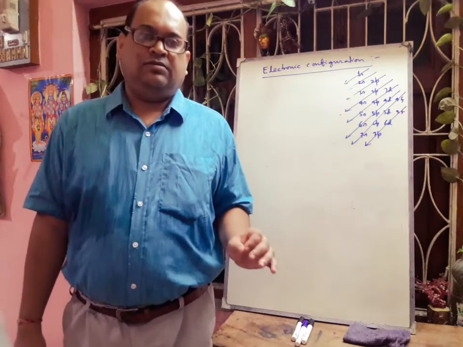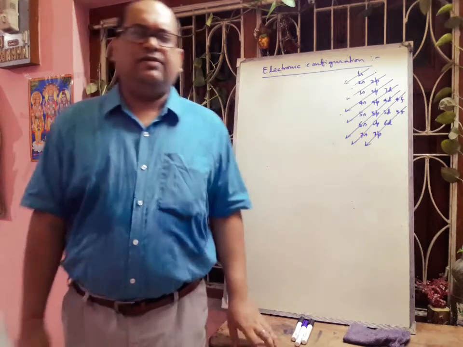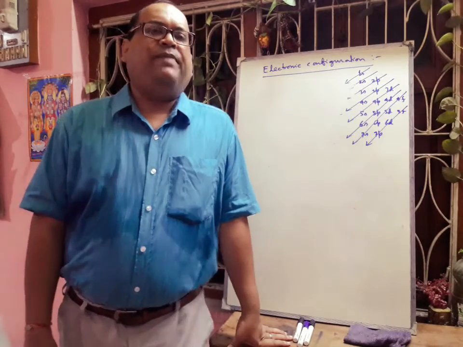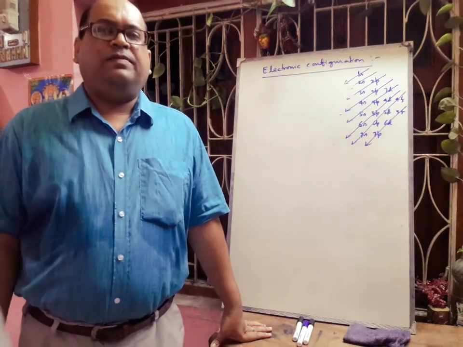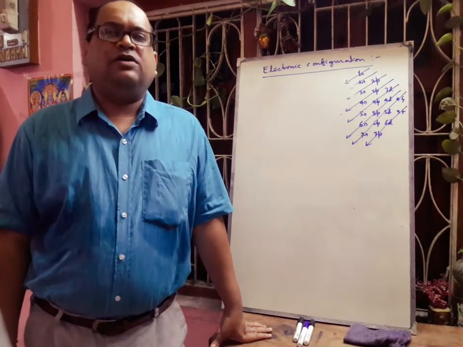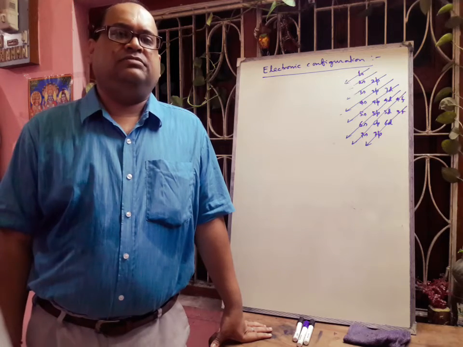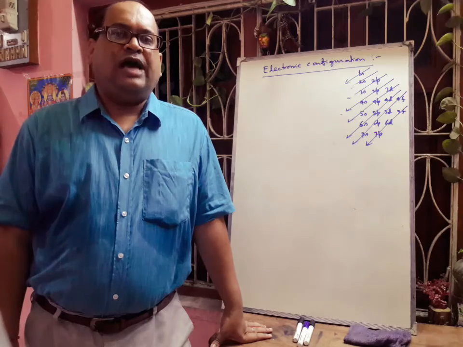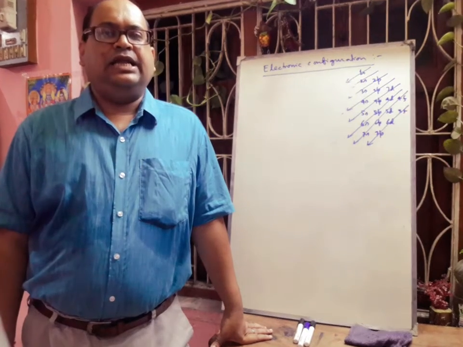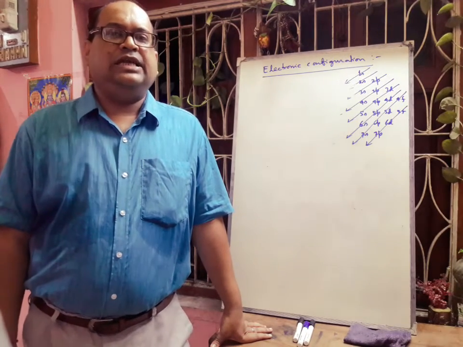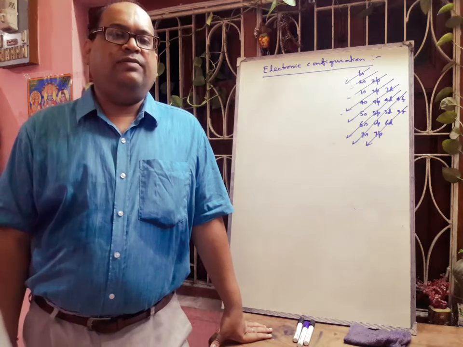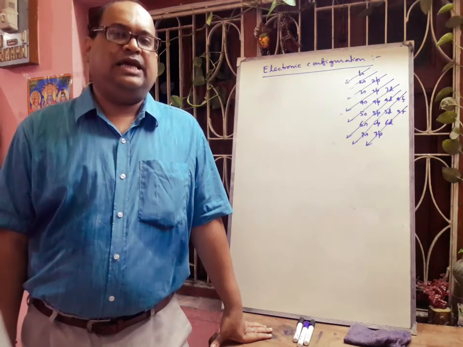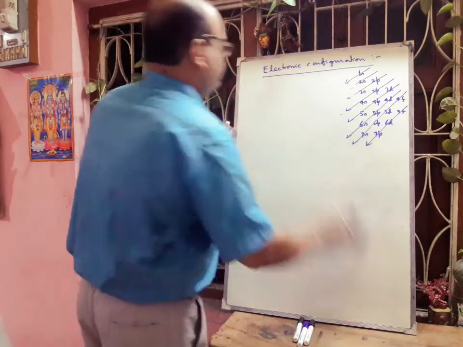Only one part remained, which is now very little in your syllabus, but I am discussing it. That is the radial part of the wave functions. In order to obtain a clear idea about the shapes of orbitals, we first discuss the variation of the radial part of the wave function, the square of the radial wave function, and the radial distribution function with the increase in distance from the nucleus. Now we have to know the plot of the distance from the nucleus, r versus psi r. If we plot, then you can understand.